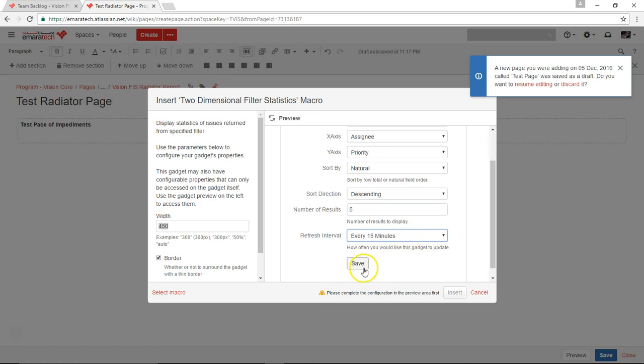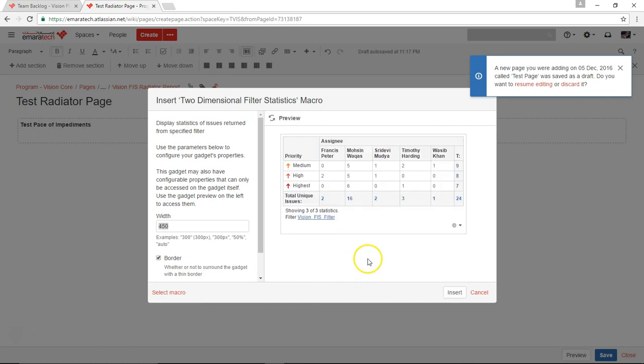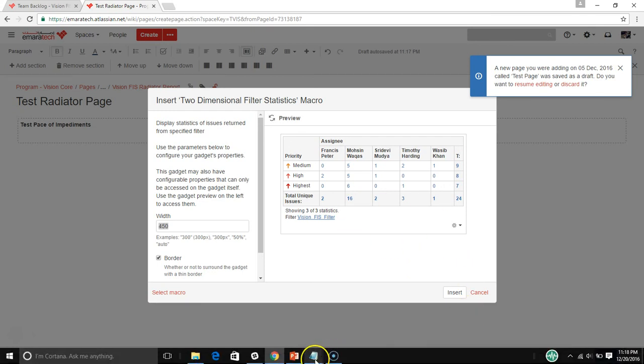We would say every 15 minutes. We'll save this. Now we can see, ideally, if we insert, that this is basically the assignees and these are the impediments. So it seems like it is giving the wrong information, so we'll see what's